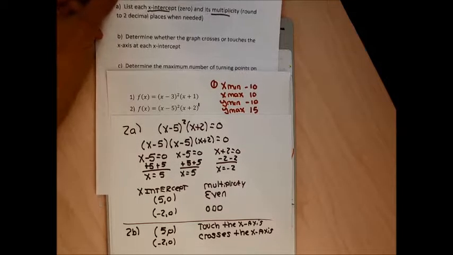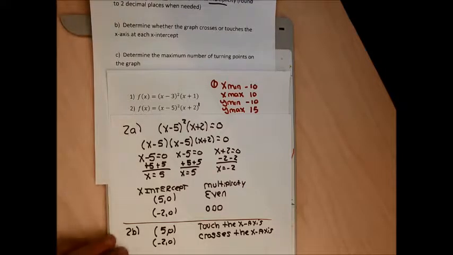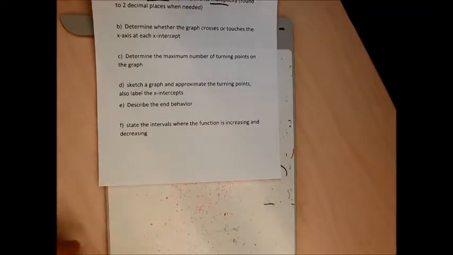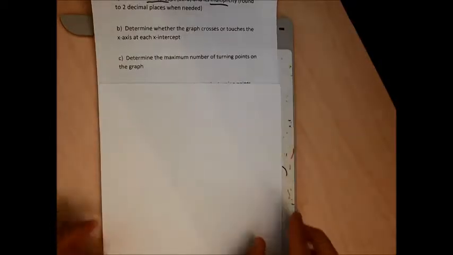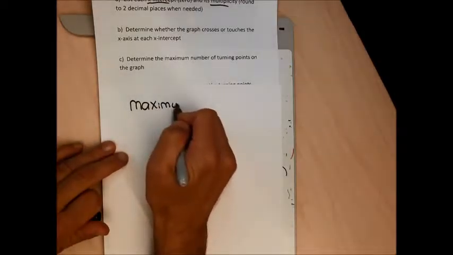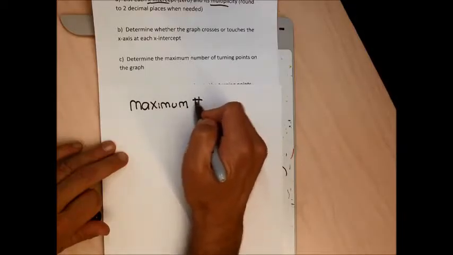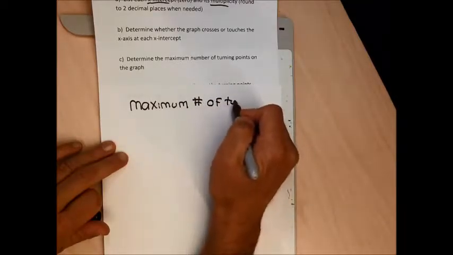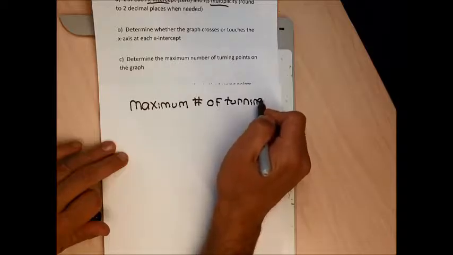Moving on to part C, determine the maximum number of turning points. That's a new concept. I should probably yank out another sheet of paper and talk about it. I was going to talk about that in that introductory video, but it's getting way too long. I figured I could throw it in here. So I'll say for the maximum number of turning points, the maximum number of turning points in the graph of a polynomial